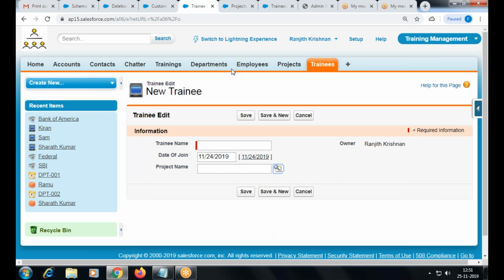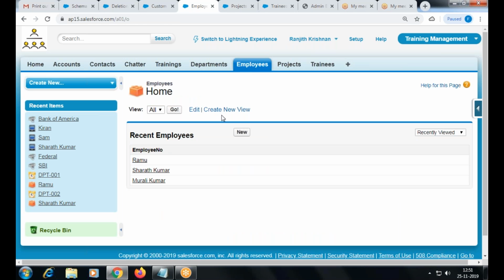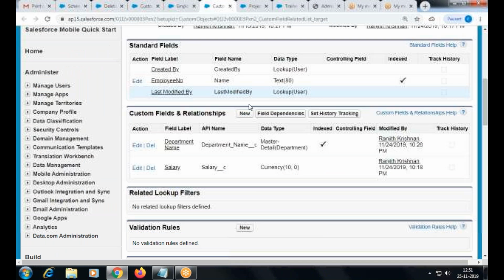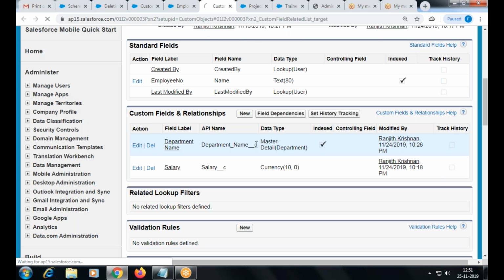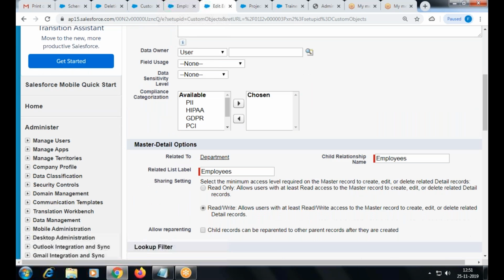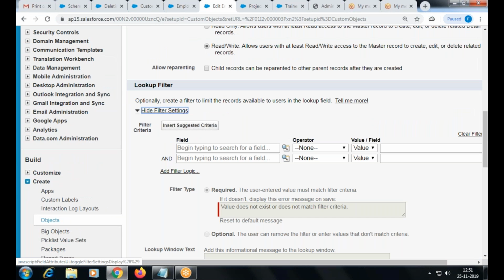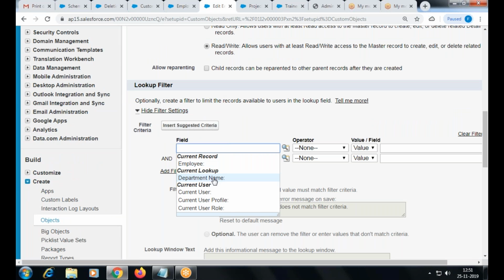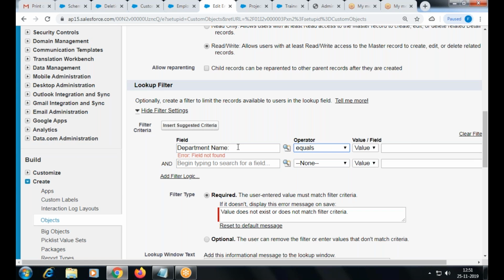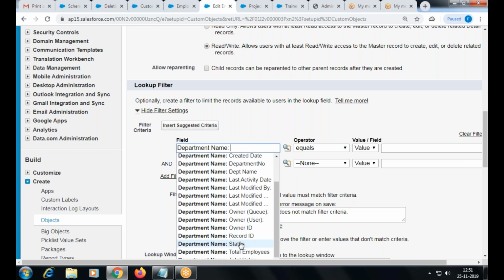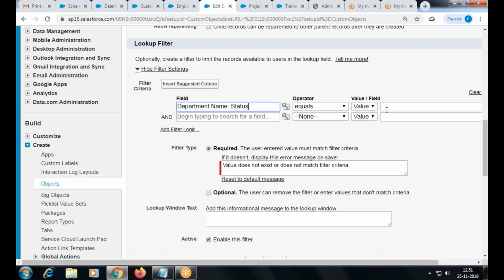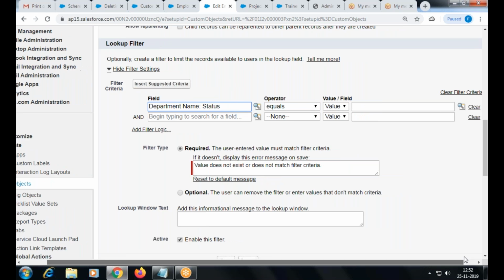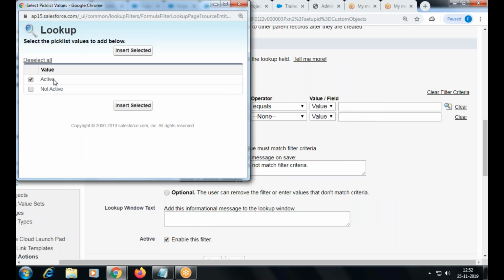So the same lookup filter is applicable in your master detail also. It's a common property, a common feature. Master detail field, edit, lookup filter. Suppose you like to apply a filter on the status of the department, show only the active department.